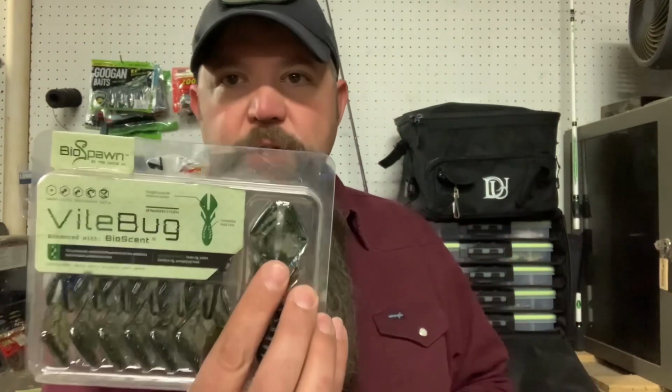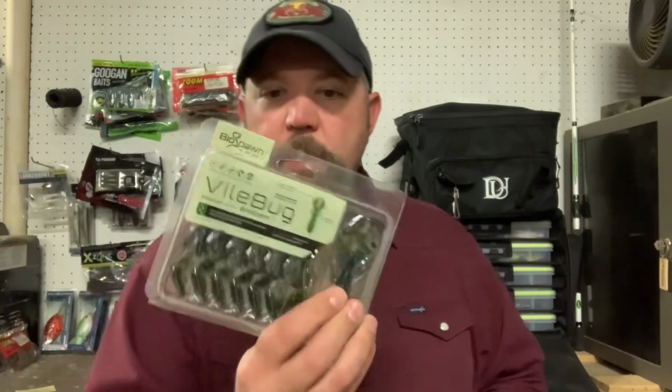Now, when it comes to trailers, I'm not looking for anything that's got a very low drag option. I'm looking for something that's got a lot of flipping action, a lot of kicking action, right? And so this is what I'm going to look for, some sort of cross style trailer to go on this. You know, rage bug, something like that will work. But this is going to be the third bait that I'm using to fish in the month of December, the